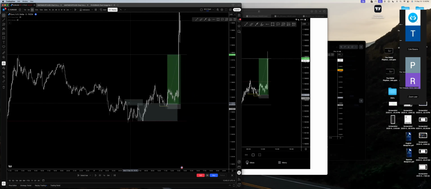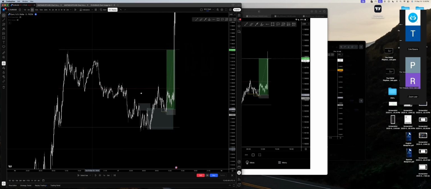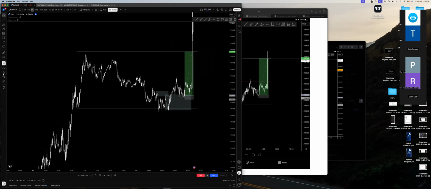Like obviously here, the reason why I was looking for a SPY model here was I was looking for the sweep. So obviously here we have CBOS, which solidifies this as the high of the range. We could say this is the low of the structural range, but internally we have a low into a high.